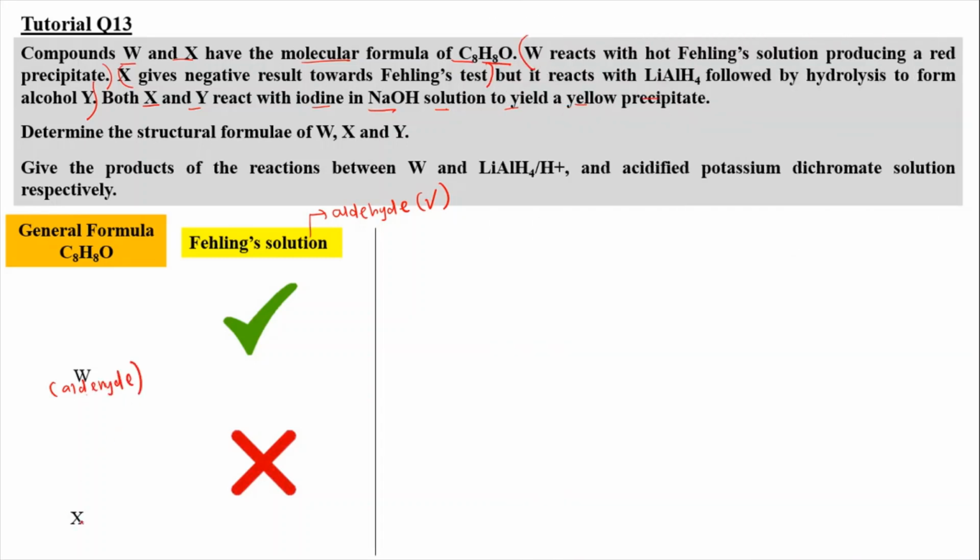Meanwhile, the structure X is going to be a ketone. So we have a formula of C8H8O. You know that from here, it cannot be an open chain alkene like this. It needs to be with the benzene ring, because from here